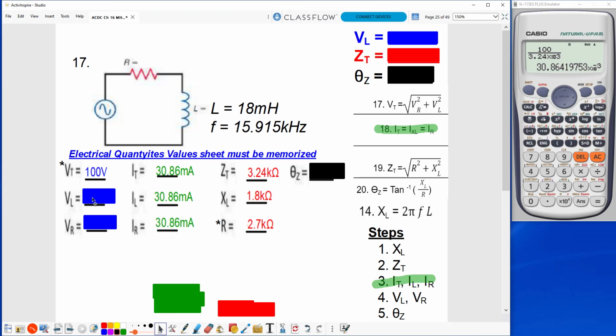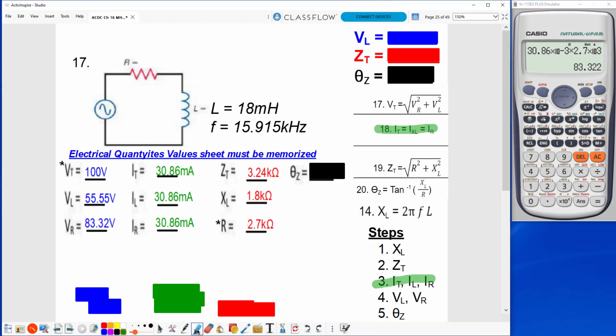Once I do that, I can find VL using Ohm's law, IL times XL. So I have my 30.86 times 10 to the negative third times 1.8 times 10 to the third equals 55.55 volts. Now I'll do the 30.86 milliamps times 2.7K ohms equals